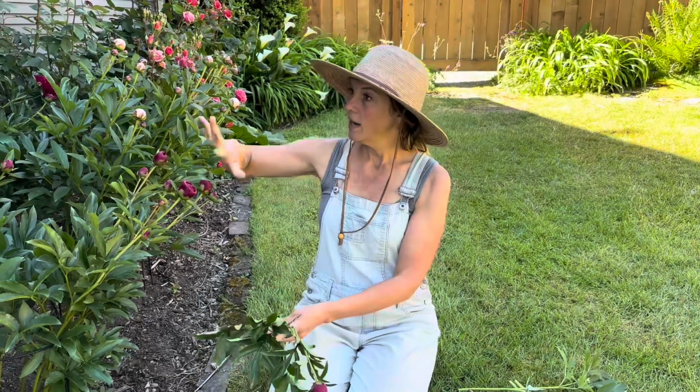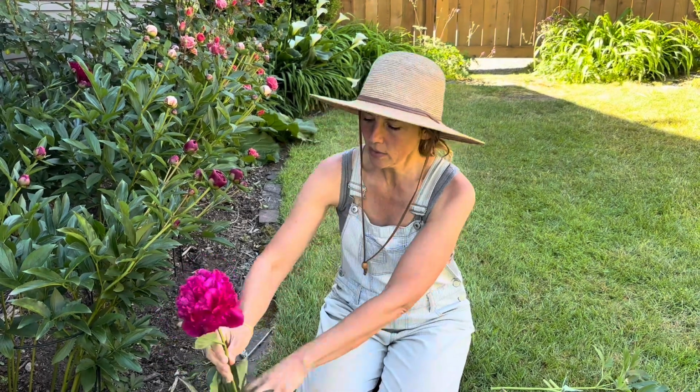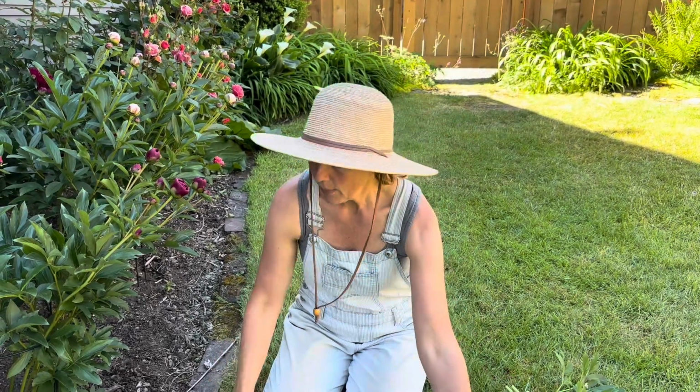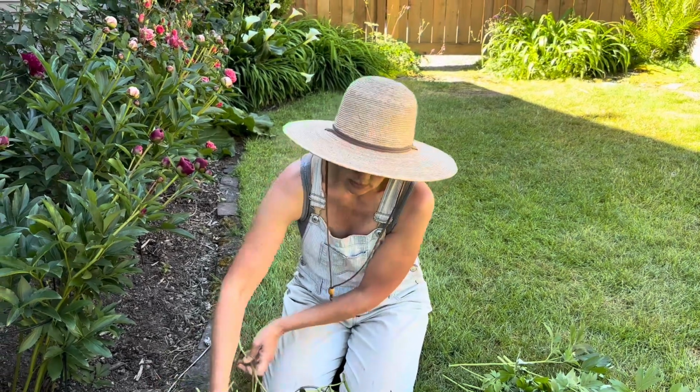Now for your standard herbaceous peony, which is probably what you have. That's what they sell at most garden centers, unless you're getting some specialty one. A lot of them look like this, with that big, huge, beautiful double bloom. I want you to go and check your plant because you are wanting to find...